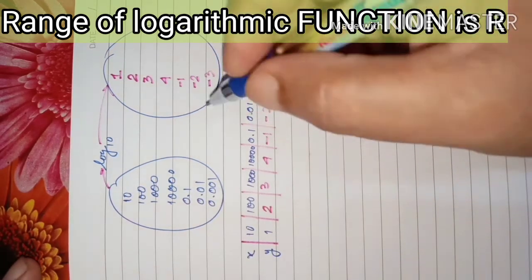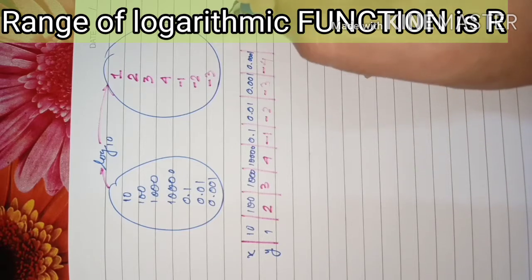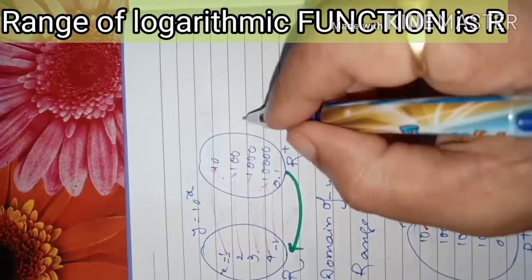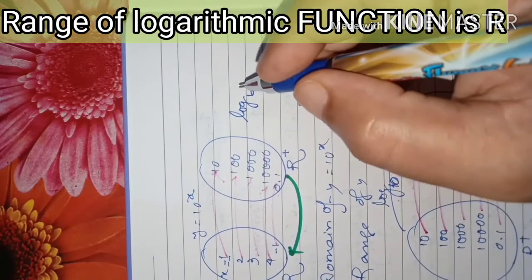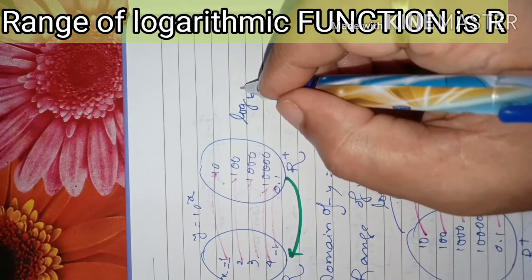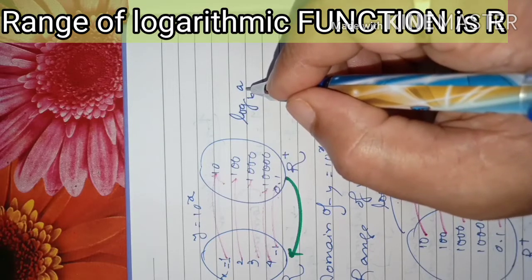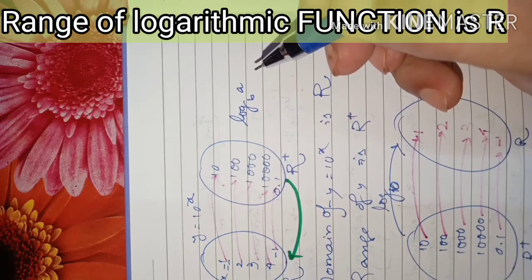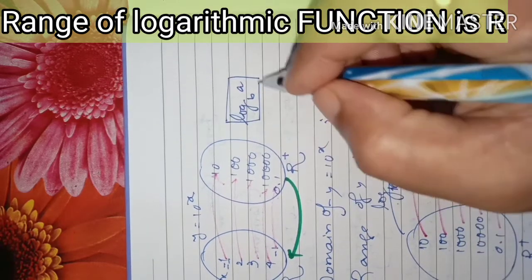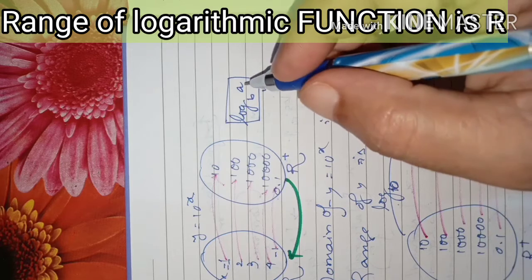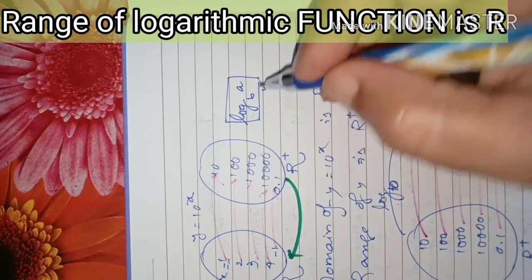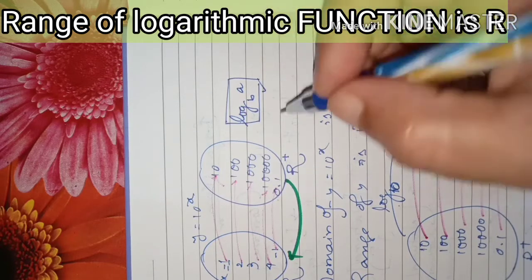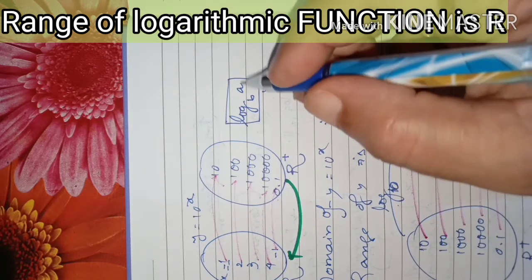Before I show the graph here, I must say one thing: whenever we explain the logarithmic value of any number, then the log of that number to any base, say log of a, this a must be greater than 0, because if it is greater than 0, then only it is defined. Otherwise, suppose it is 0, log of 0, what will you say? To what base, if the power is raised to some value, will it give 0? Never will it give 0. So log of 0 is not defined.